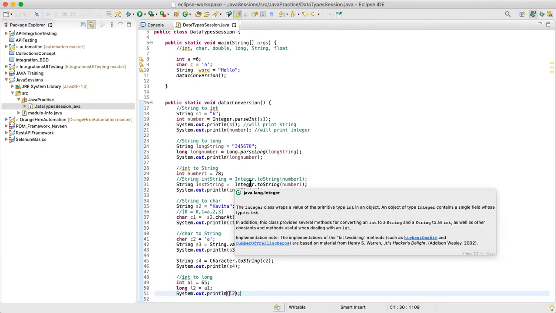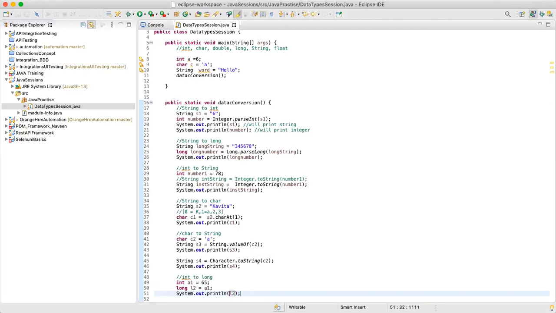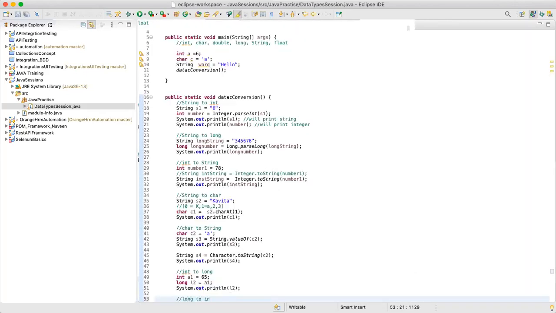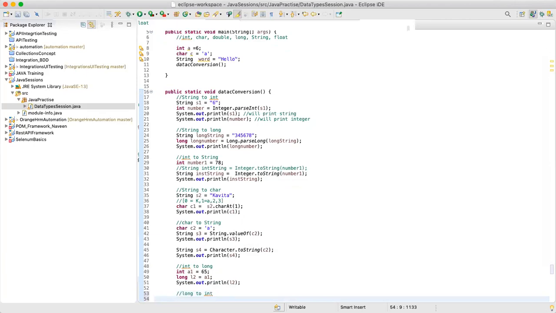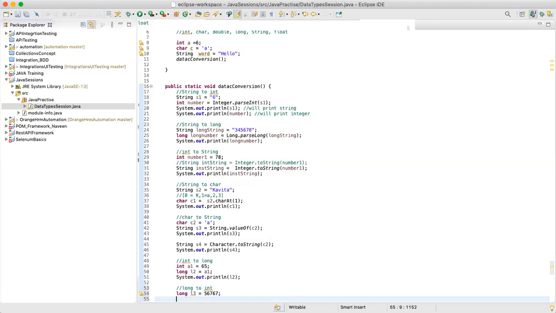Another method is now long to integer. Long to integer we are seeing because we need to get a concept of typecasting. How do you typecast? Again, for long to integer, we need to have a variable, say long L3. We can define a big number. So we have defined a variable long. Now, the way we did for integer, let's try the same way. This is the naive way of learning. If you want to convert this into integer, let's go to the basics. Let's say I want integer A3 and let's assign the value of L3 into it. Simple.